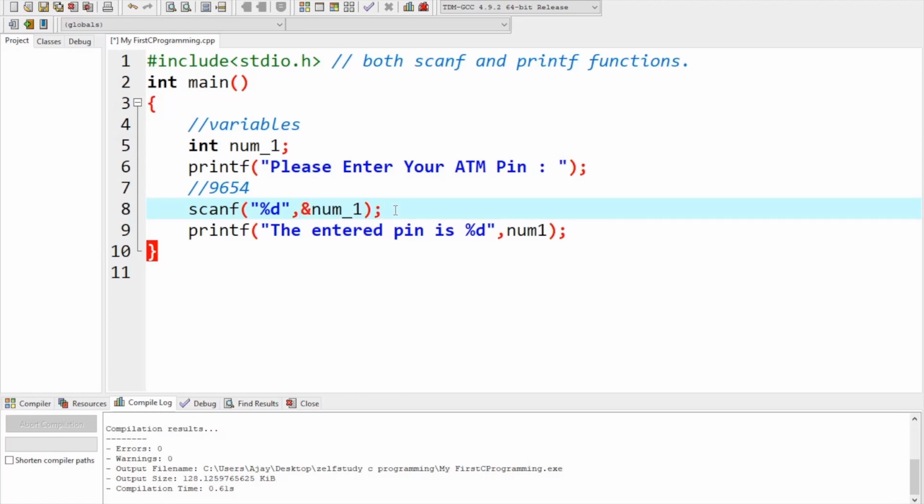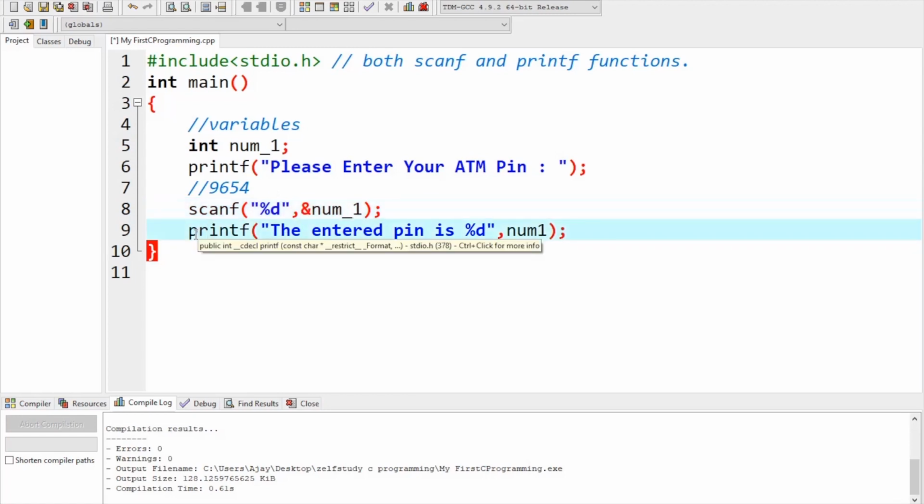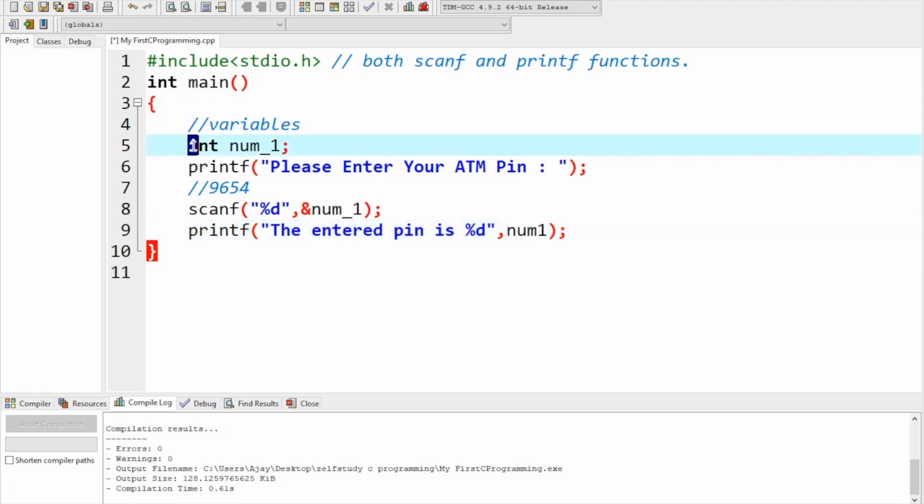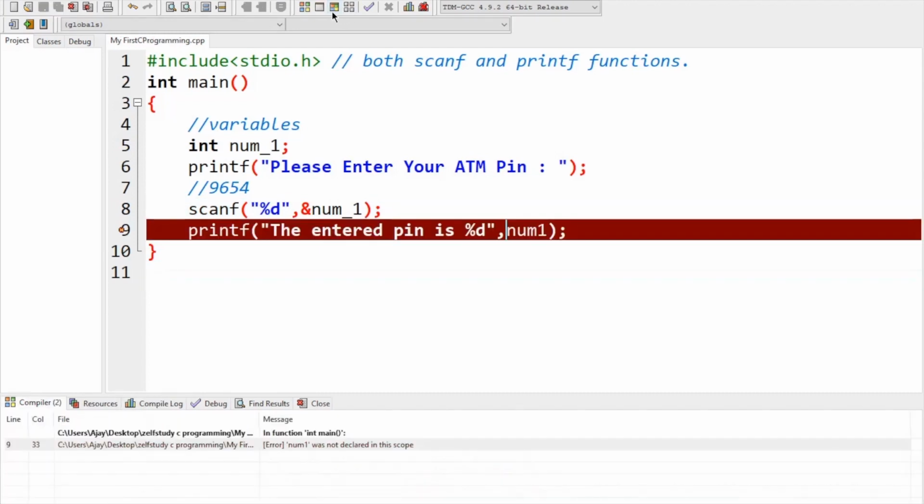Okay, and again it will come to this line, the printf, and it will print, the entered pin is, and it reads %d. So what does %d mean? As I already told you, %d means an integer, comma num1. Okay, what is num1? Num1 is an integer. Where is num1 used in this code? Here this value is stored, so the stored value gets printed in place of %d. Okay, if I am going to execute this,